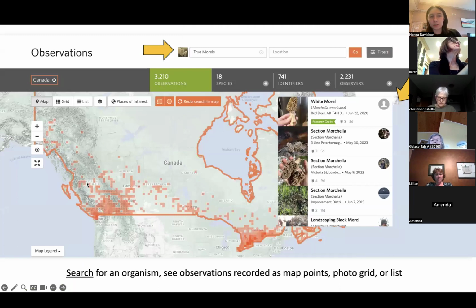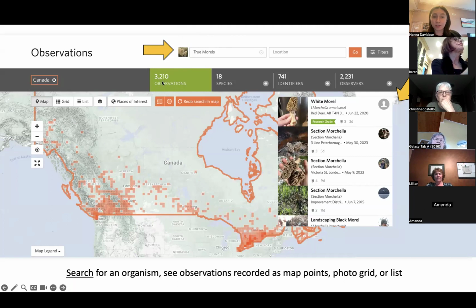Same thing, I did exactly that. Where can I find morels in Canada? You can look at it as a grid or a list, but even better is when you look at it as a map, because then it'll pull up exactly the data point of all of those observations. You can see here, I searched true morels.